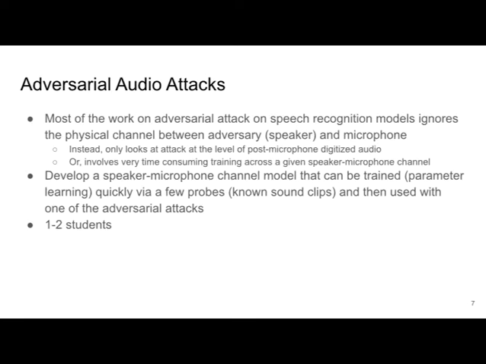What I mean by that is that they have shown that they can have a digitized file which, when fed to a machine learning system, causes it to act one way, and the same digitized file, when heard by a human, is heard differently. But that's not how the system works. I mean, presumably the attack model is my television may be blaring an ad. That ad goes over the physical channel, hits the microphone, gets digitized, then is fed to the machine learning system. So you have this speaker to microphone channel, which